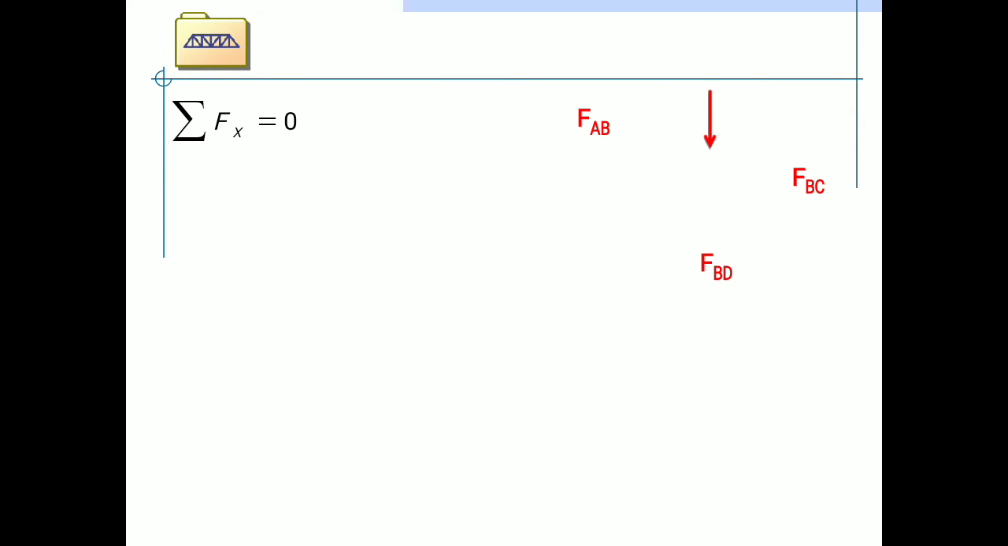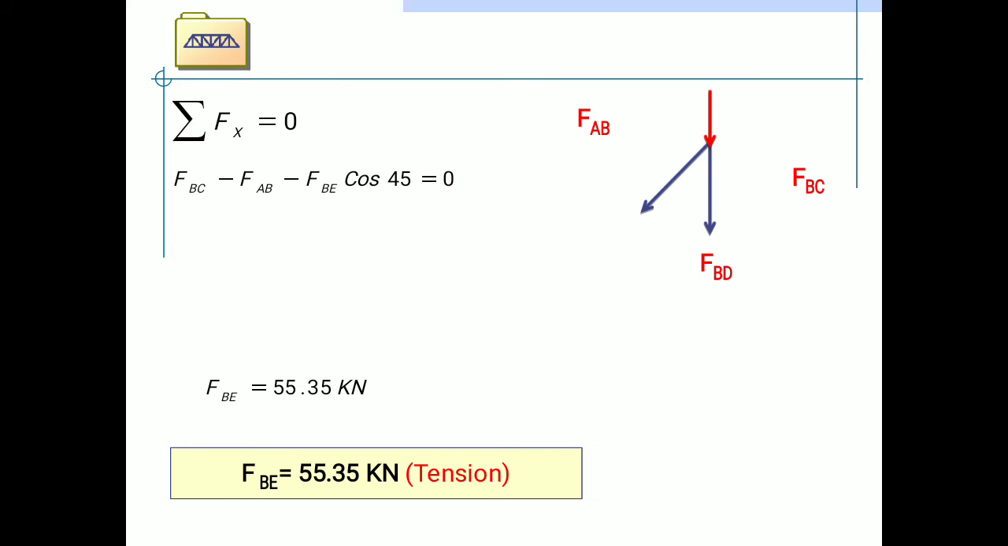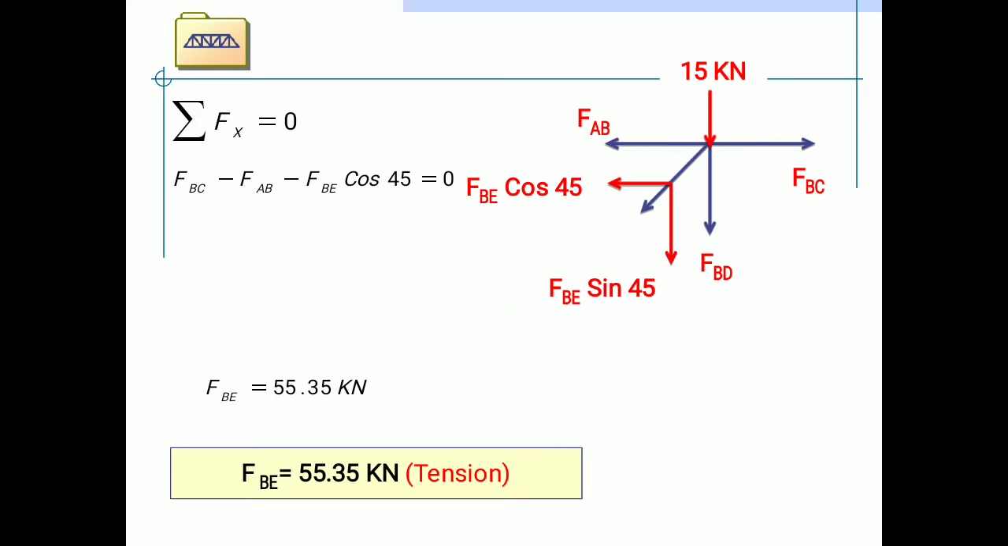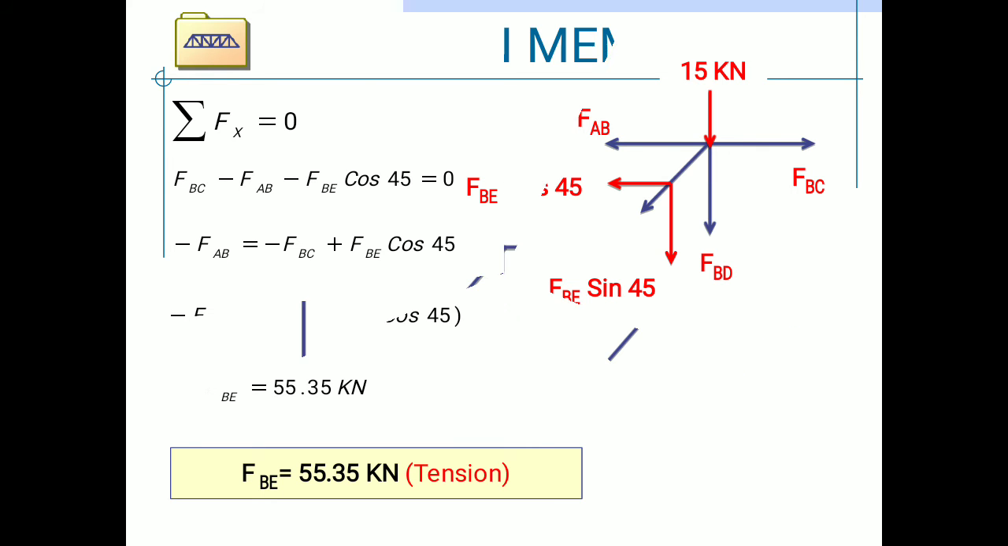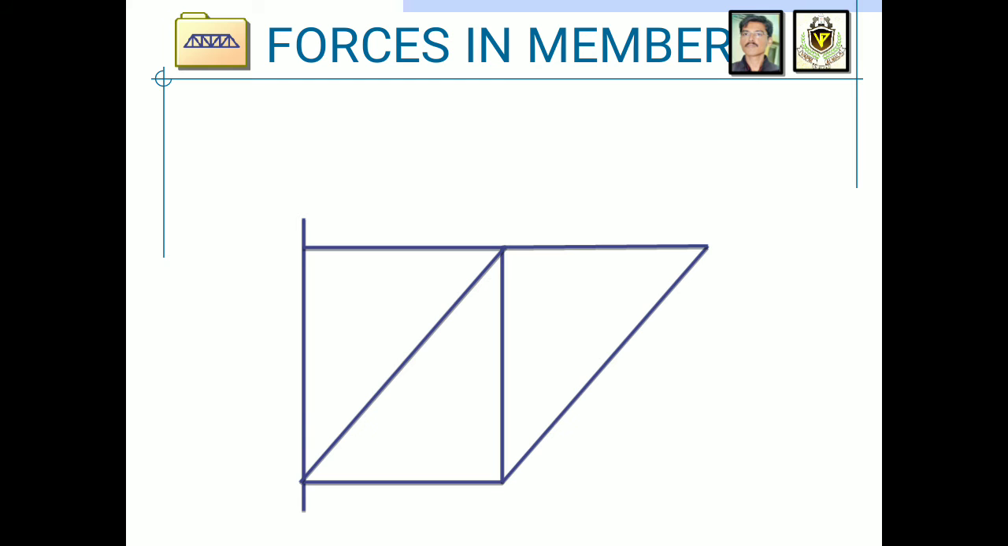Now applying summation Fx is equal to 0, the horizontal members are also three. FBC minus FAB minus FBE cos 45 is equal to 0. By solving this equation, we will get the value, that is 55.35 kilonewton, which is positive, so it is in tension. The final forces in the members are